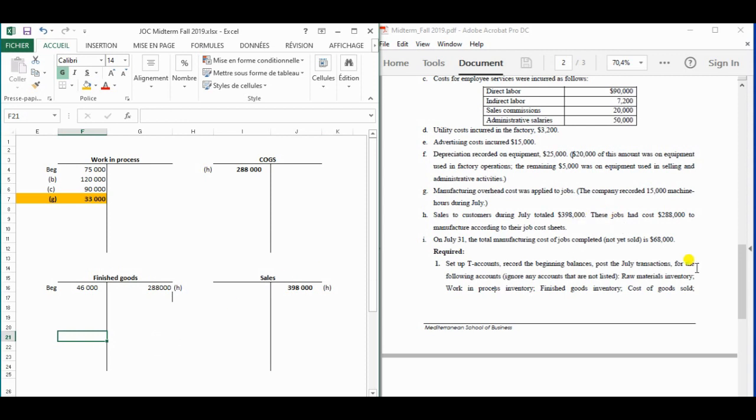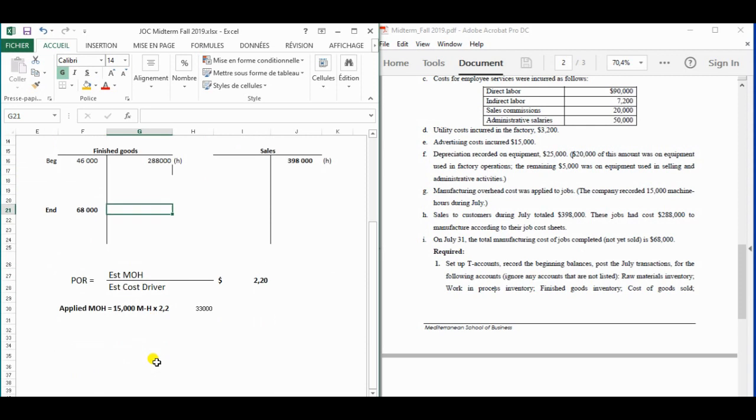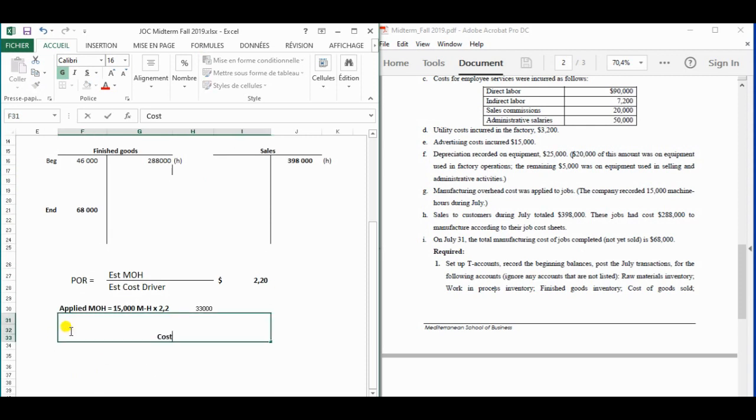So this information is about the ending inventory of finished goods, equal to 68,000. So the cost of jobs completed will be equal to 68,000